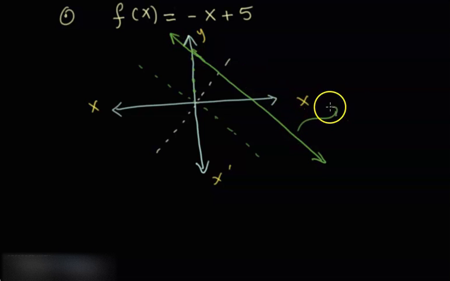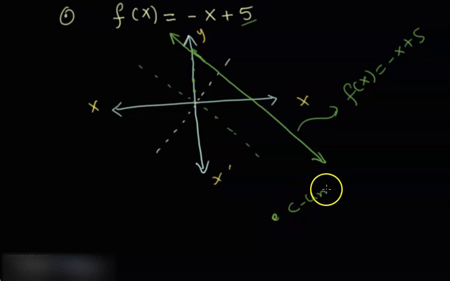So this is the graph of f of x equal to minus x plus 5. First you need to reflect, and then you need to move it 5 units upward. So you can combine the reflection and the shifts for a linear function together. You need to learn c units up or down, the vertical shift,